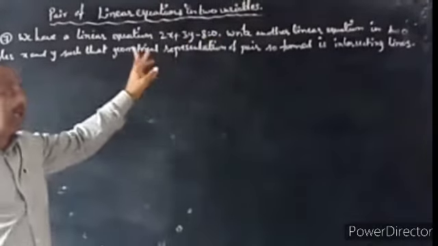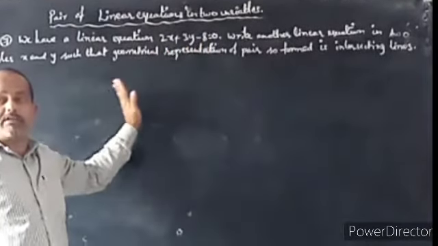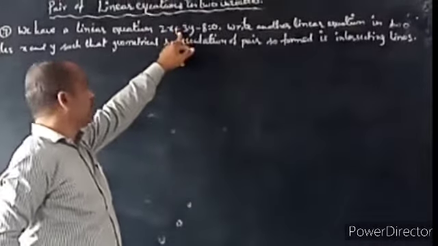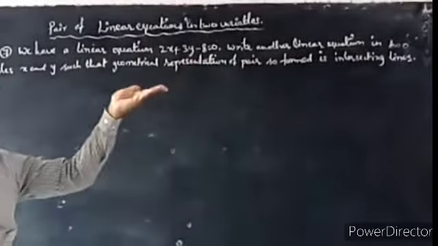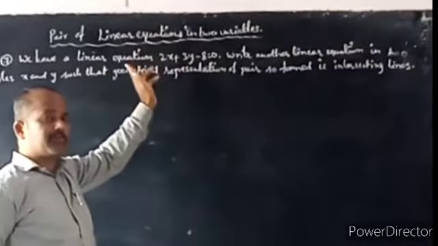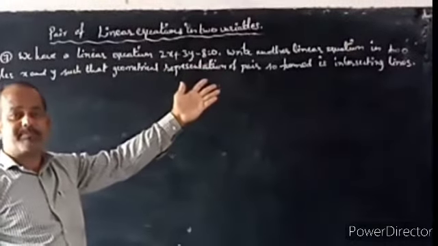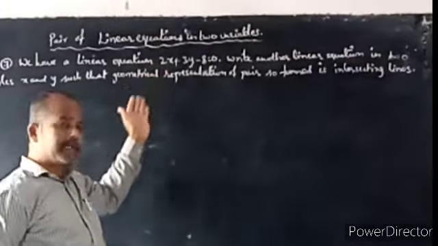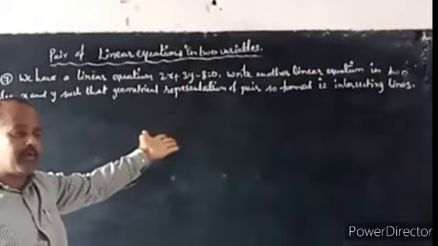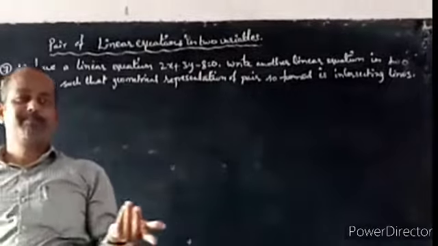How to write a1 by a2? This is a1x plus b1y plus c1 equals 0. a1 by a2 not equals b1 by b2. Here a1 is 2, b1 is 3, so we have to take not equals. You may write any value for the x coefficient and y coefficient that is not a multiple of these numbers. So write 2x as it is, then 4y. 2x and 4y. Then a1 by a2 is not equal to b1 by b2, isn't it? Yes or no?